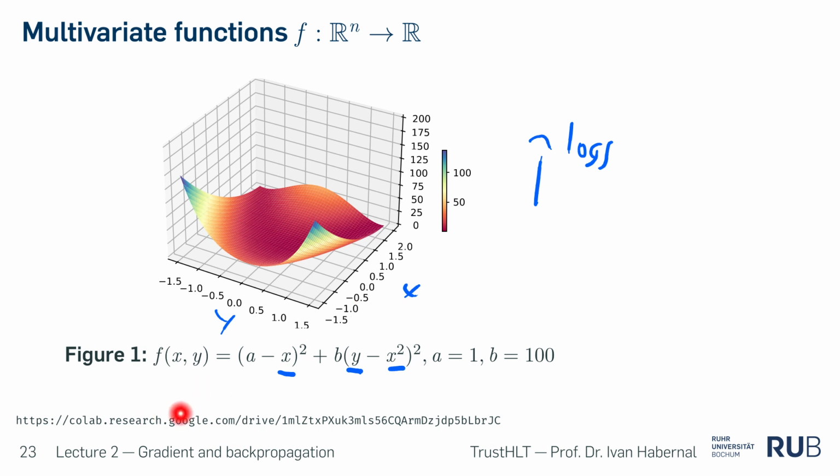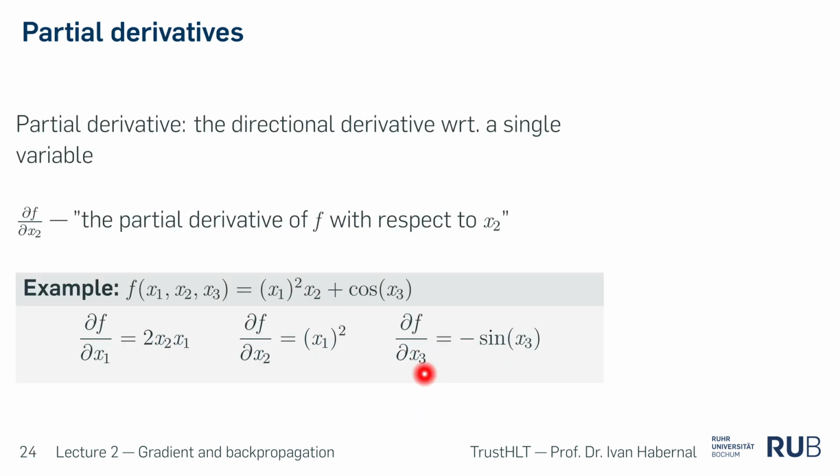So now we have this very fancy function. It's called the Rosenbrock function or banana function with some constants, and we want to minimize it. Yeah, I mean, it's pretty easy. So can we minimize this function? Sure. Now what we're going to do is these partial derivatives. Before we had derivatives with respect to the input, but now we have derivatives with respect to each of these inputs